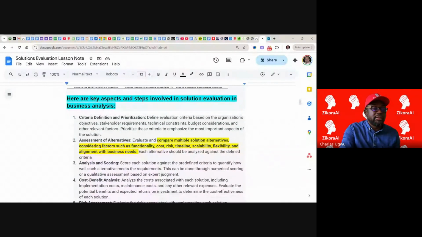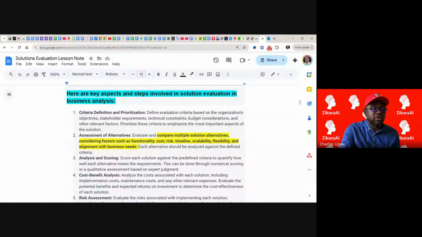Number one, criteria definition and prioritization. You need to define evaluation criteria based on your organization's objectives, stakeholder requirements, technical constraints, budget constraints, and relevant factors. Prioritize these criteria to emphasize the most important aspects of the solution. What this criteria prioritization is trying to tell us is this: